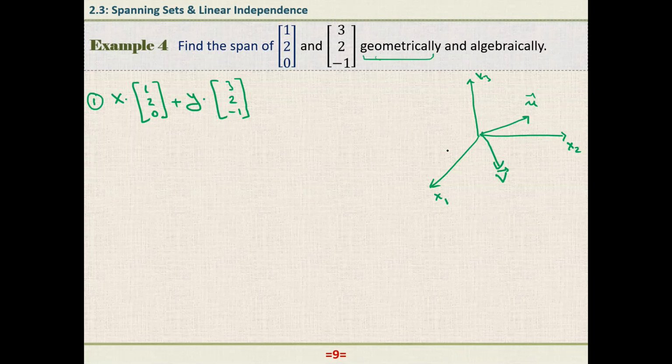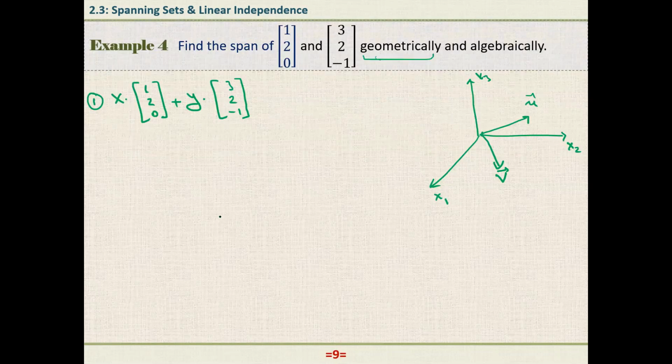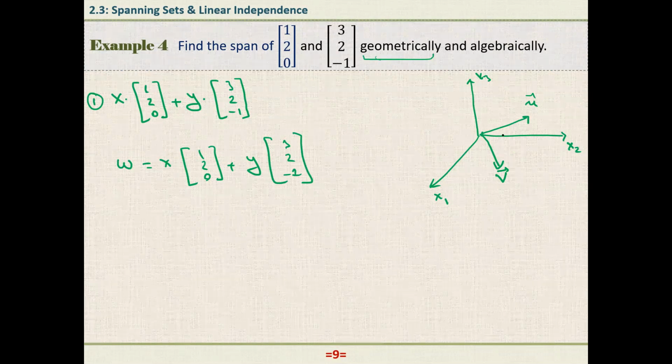And how about algebraically? I mean, algebraically means the span of these two vectors. That's x plus y, 3y, 2x plus 2y, and here we have 0, negative y. And what does it mean? It means that some vector is x times (1, 2, 0) plus y times (3, 2, -1). Now if we want to get the general equation of this plane,